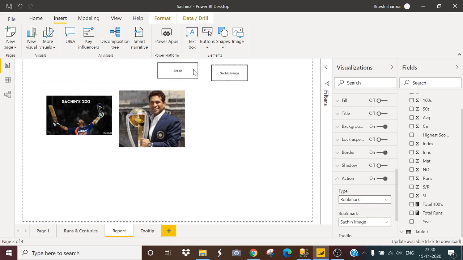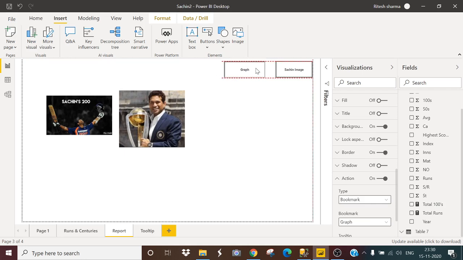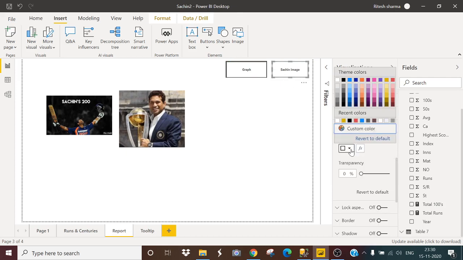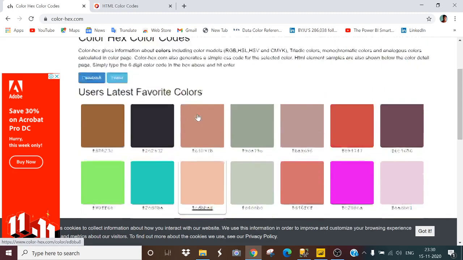Now I will do some coloring. I will place this here on the right side. I will choose the color from here.